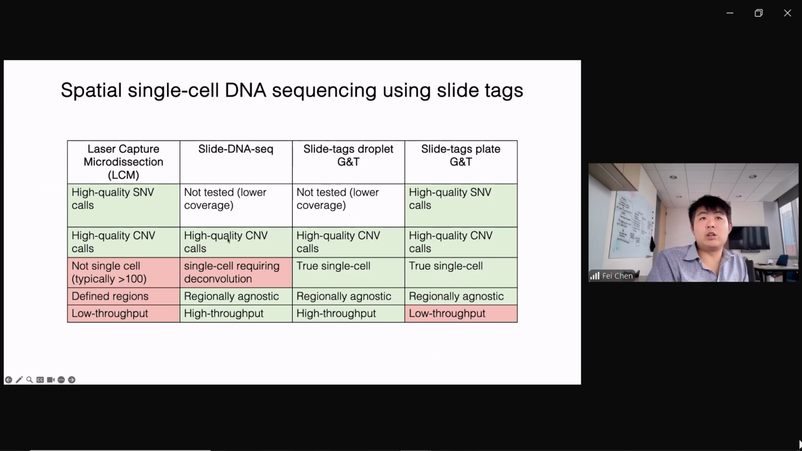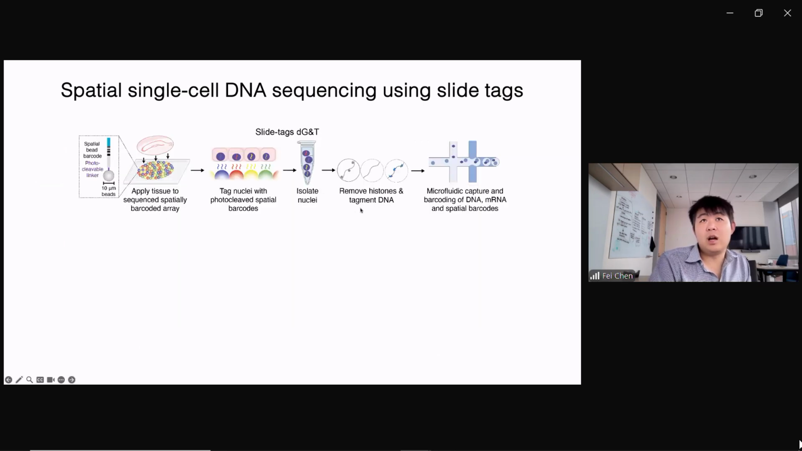I talked to you about Slide-seq. I think it's pretty good for CNV calling, but it has pretty low spatial resolution. So single cell requires deconvolution, and the per cell coverage is actually not that high. And so then you can't look at single nucleotide variants. So we've been modifying a couple of different single cell technologies for Slide-tags to capture DNA. The first is a droplet-based technology where